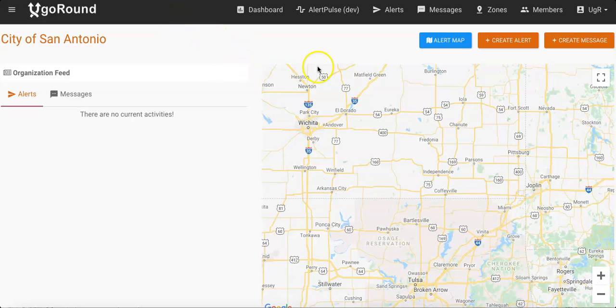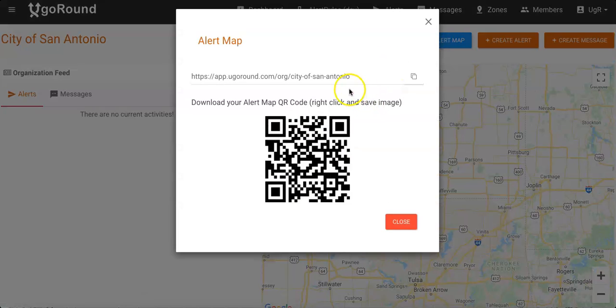And here's where you can create an alert and have it published to the San Antonio alert map, which is your dedicated GIS alert map with its own URL and in fact a QR code that can be published to various city literature websites, and people can scan that and go directly to this city map of all the current